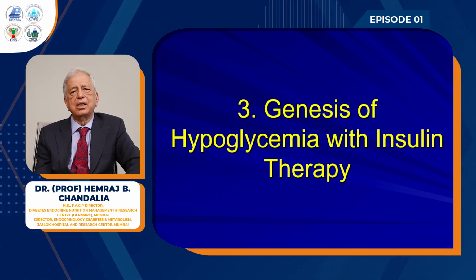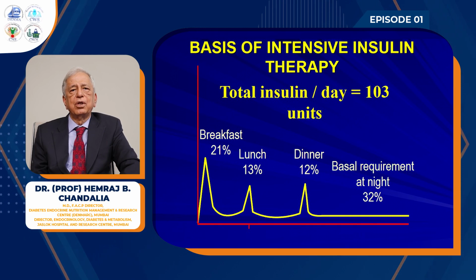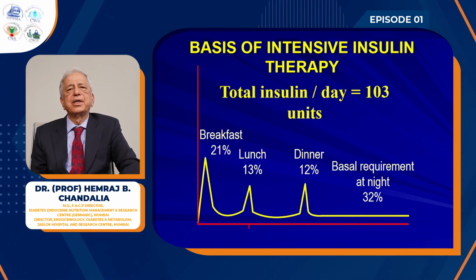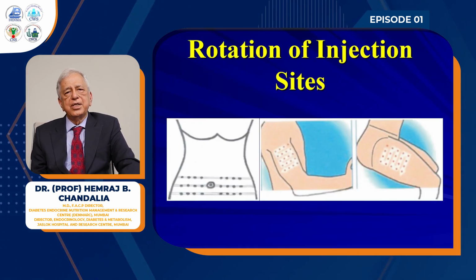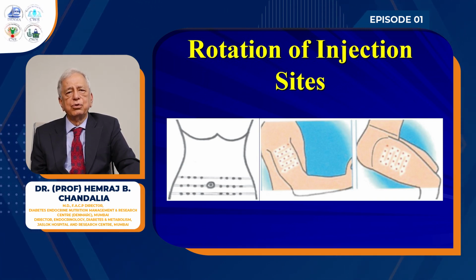Let us first look at the causes of distressing hypoglycemia with insulin therapy. The first cause is inappropriate insulin doses, which are not physiological. So you have to mimic normal physiology, like a higher dose of short-acting insulin at breakfast, a little less at lunch, intermediate between dinner, and almost about half of the insulin for the basal requirement. If the patient is not rotating the insulin injection site, then there is hypertrophy or lipoatrophy, and that introduces variability